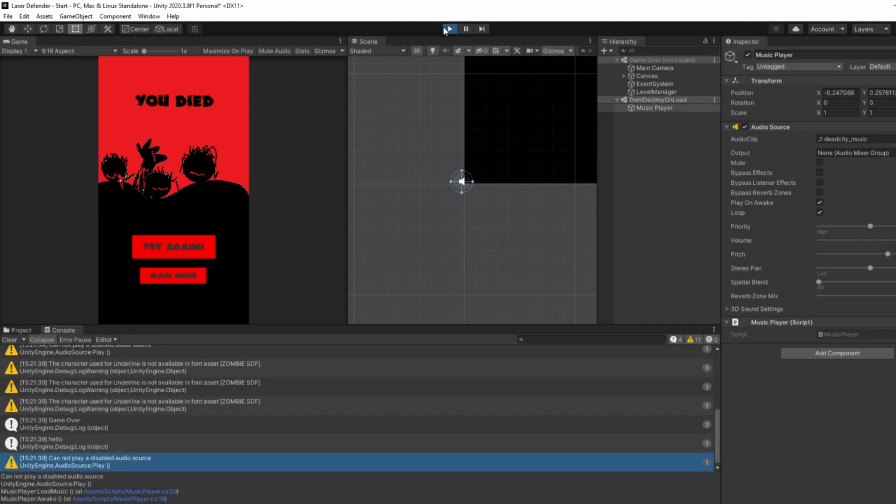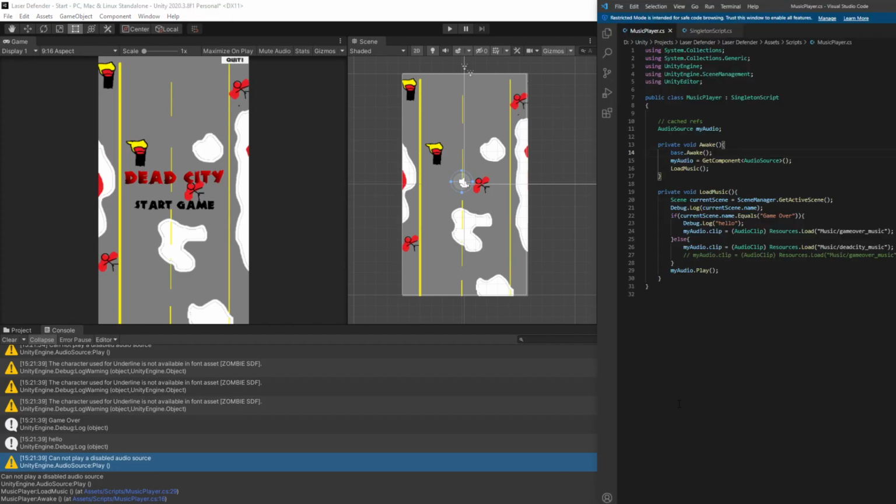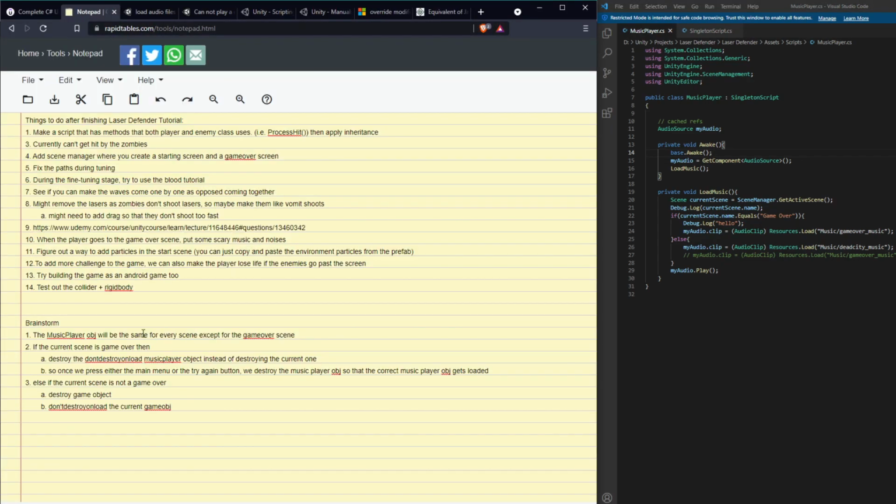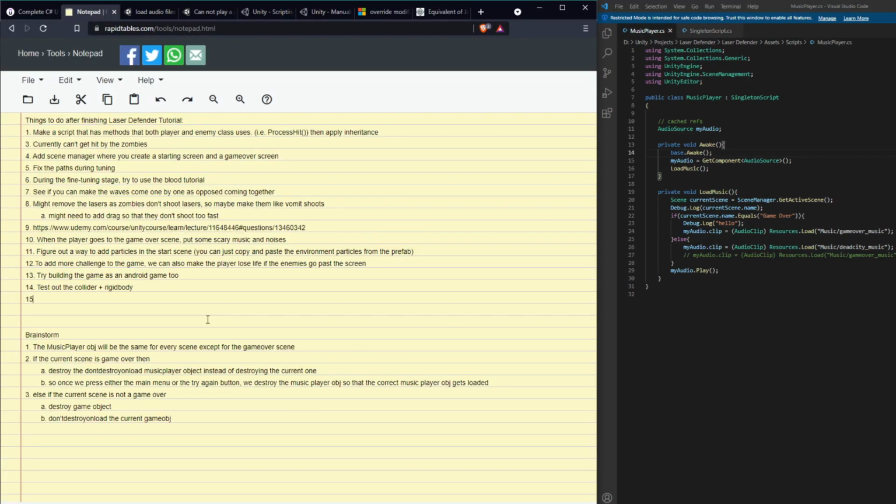Now it's saying it again. If I can't solve this by 30 minutes, then I'm just going to continue with whatever I have, and I'm not going to use the singleton script, because mine has different music for each one, and I'm not really sure the proper way of handling that yet. Maybe he does go over it. I don't know. Or I might put it in my to-do list, like figure out the singleton